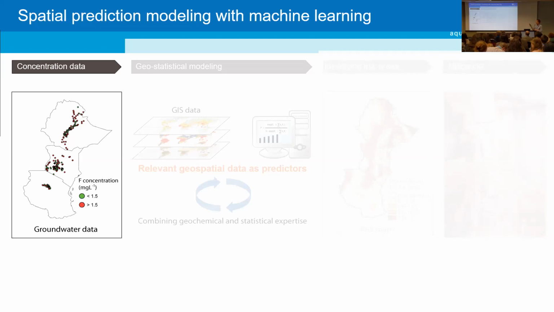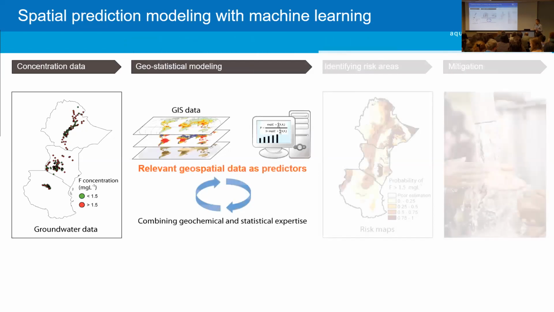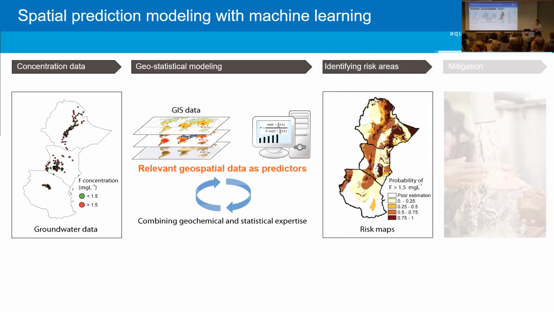So we're starting with concentration data, in this example of fluoride in East Africa, and the first step in this modeling of creating a prediction map is to identify predictor variables that are somehow related to this process of the release and accumulation of fluoride in groundwater. And we take our known data, combine it with these predictor data using a machine learning algorithm. Once we found a good model that performs well enough, is accurate enough, we have confidence in it, we can apply the model to these predictor variables to produce a map.